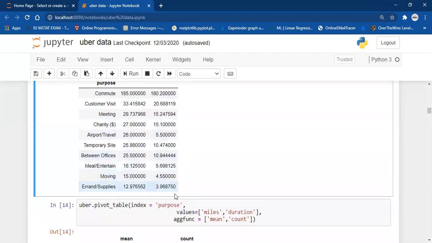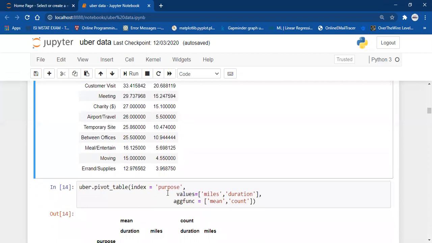And then I again create a pivot table. Basically, if you want another statistical measure like median or mode for categorical variables, or mean and median for numerical variables, you can do that. You can also use count for categorical variables, if you just want to find the number of observations.